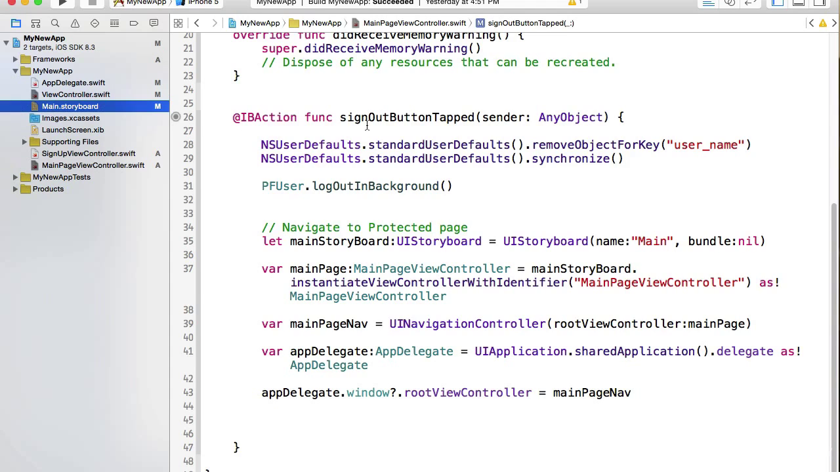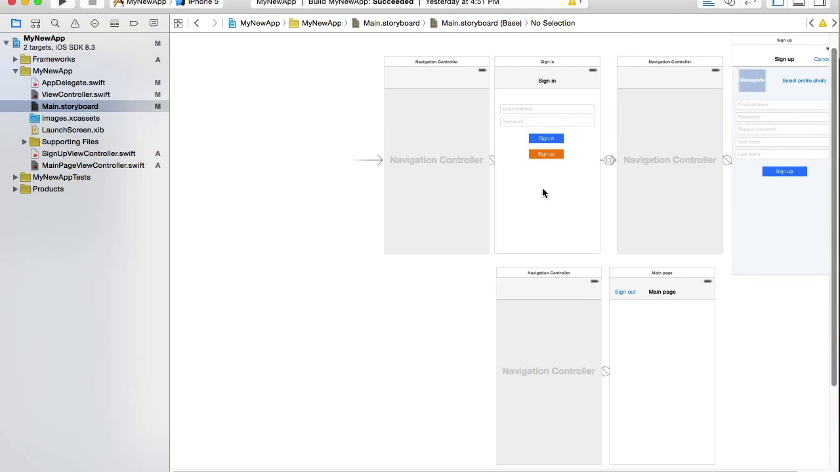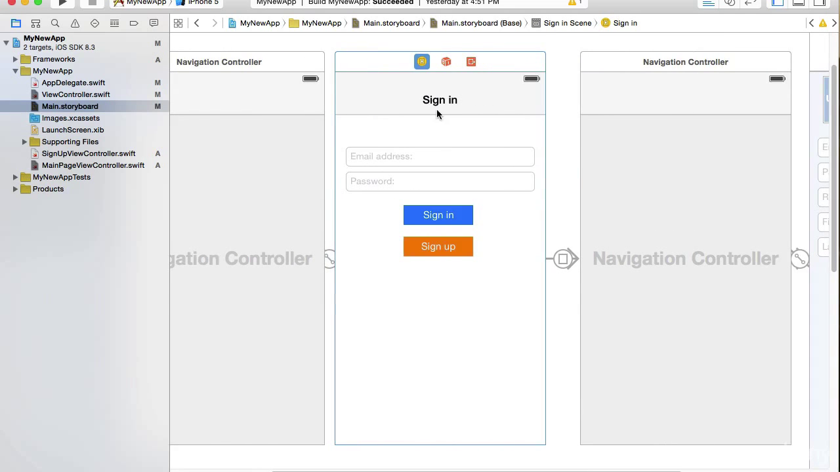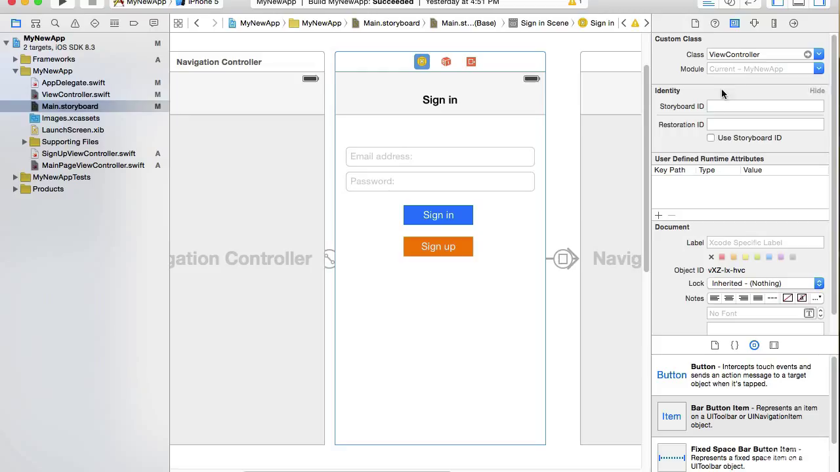Let's go to the main storyboard and zoom out a little bit and check what the identifier, the storyboard ID, is for the sign-in page. I'll select the view controller, open the right side panel, go to the identity inspector. Oh, there is no storyboard ID. It's called view controller. So I will create a storyboard ID